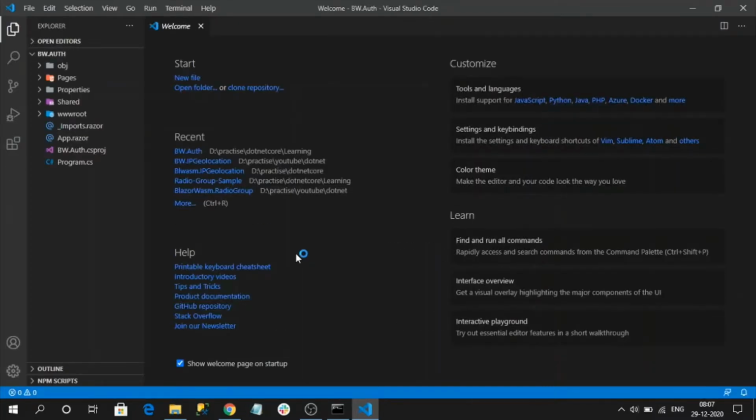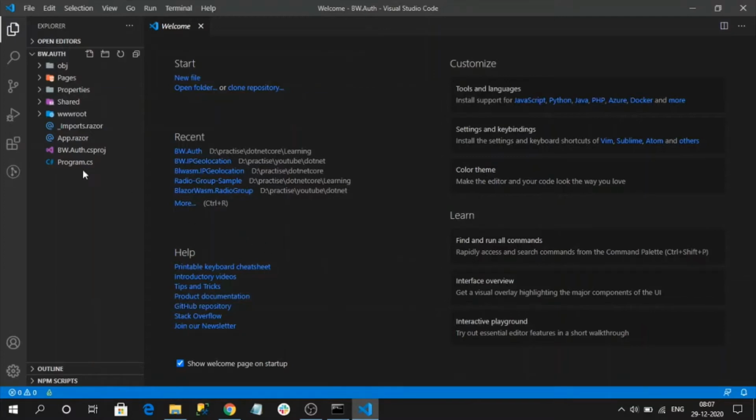Here for development, I am using Visual Studio Code editor. If you have Visual Studio 2019, you can use it, because only the latest version of 2019 can build a .NET 5 application.